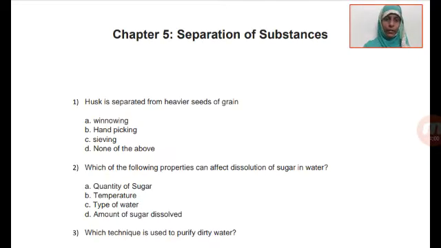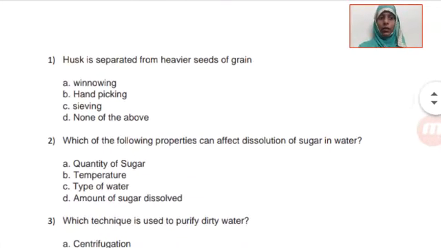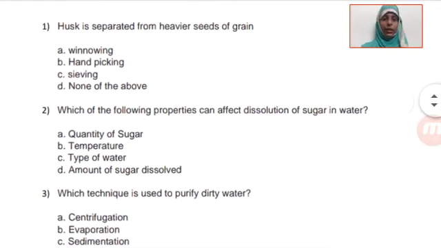So children, I have already sent you this chapter 5, separation of substances. I know I have previously sent you one more worksheet based on this topic. Why am I stressing on this lesson? Because I know most of the confusion and doubt comes from this lesson only. So don't panic. If you have no doubt, very good, this is just for your practice purposes. Okay, so let's solve this worksheet. Let me zoom in so that it is visible clearly.